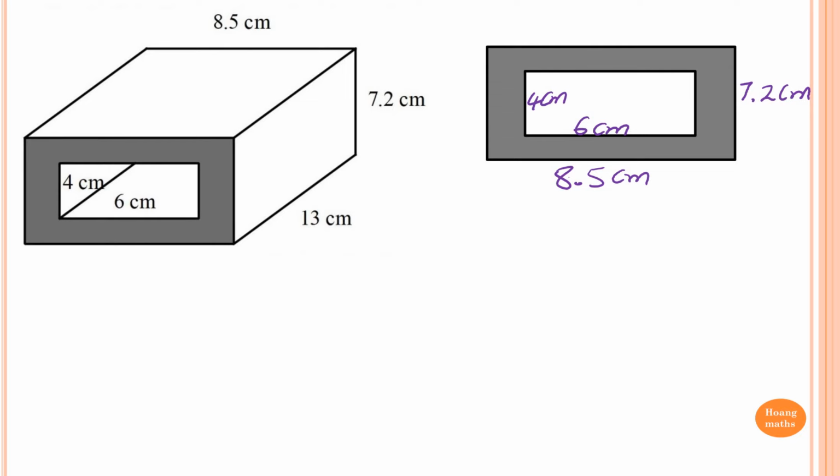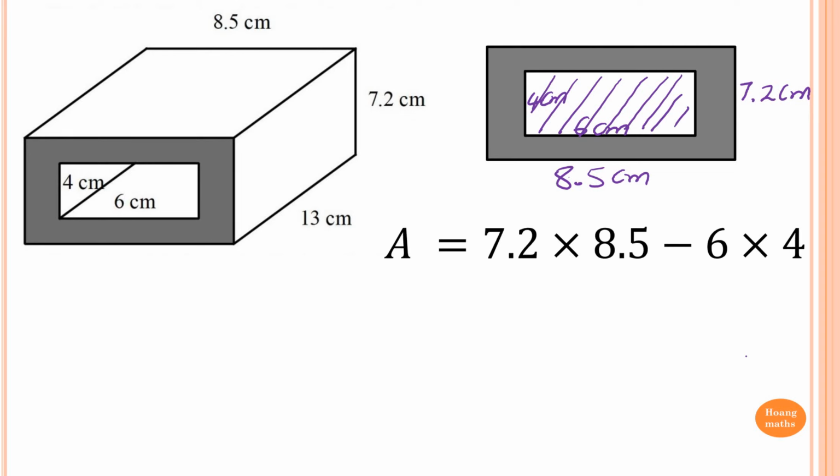So to find the shaded area, we find the area of the larger one, the whole lot, which is 7.2 times 8.5, and then we minus this area here, which is 6 times 4. So 7.2 times 8.5 minus 6 times 4, which gives me